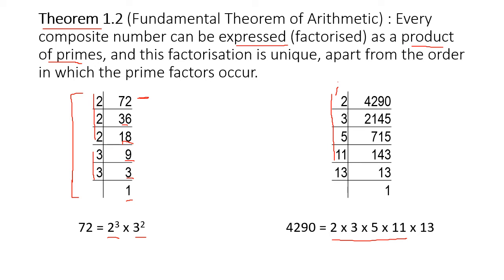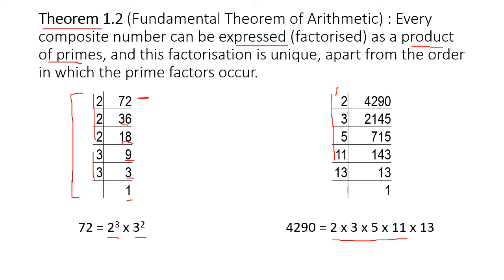Every composite number can be shown as a product of primes, but a prime number can be shown only in one way. For example, 73: you can only write 1 into 73. There is no other way of writing 73. Similarly, 37: 37 ones are 37. It's a prime number, it can be written only one way. But every composite number can be written in the form of prime numbers.